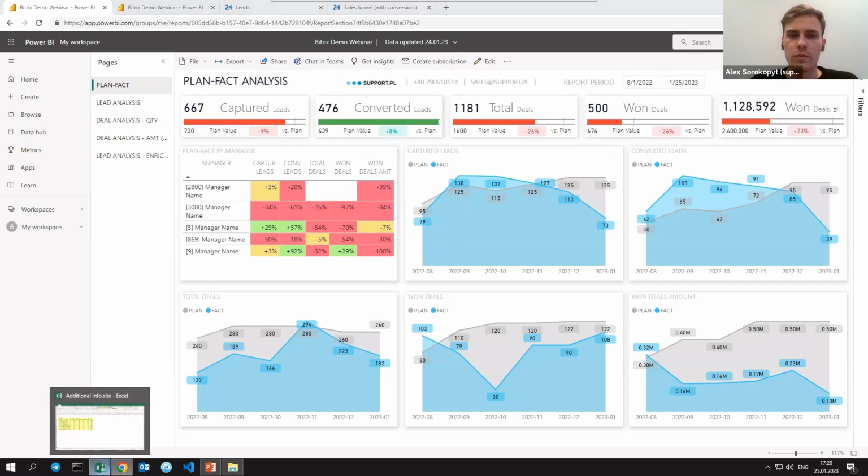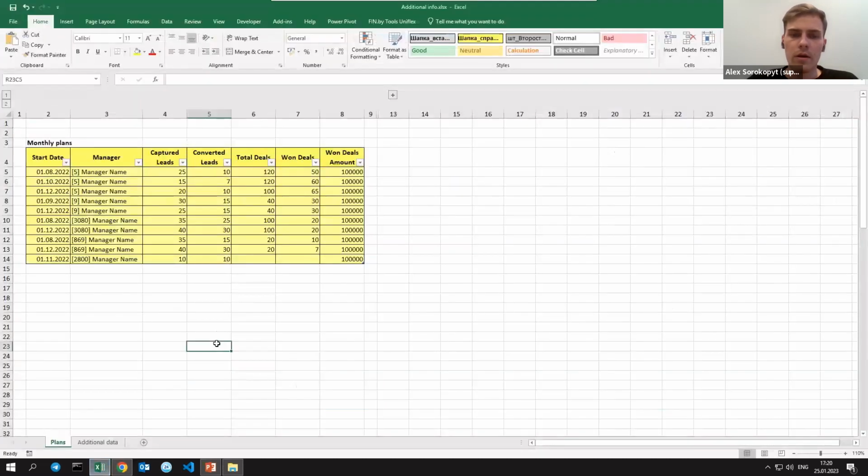If we switch to our Excel, we use Excel to provide business users with some kind of data governance tools on the base of a well-known tool. And Excel fits best because every business user has worked with it at least once in their career. And